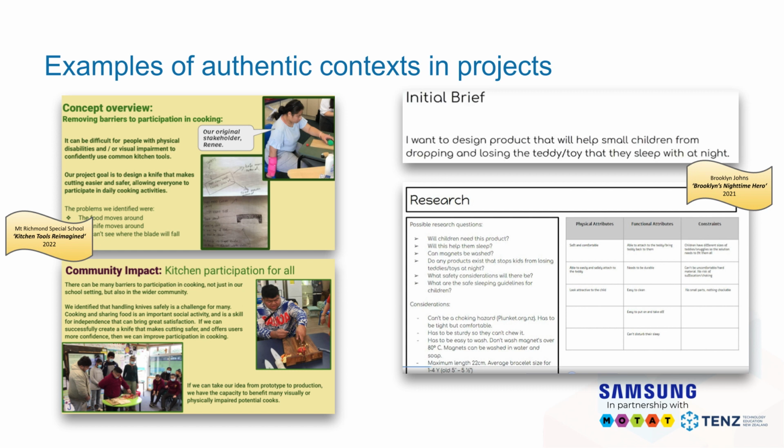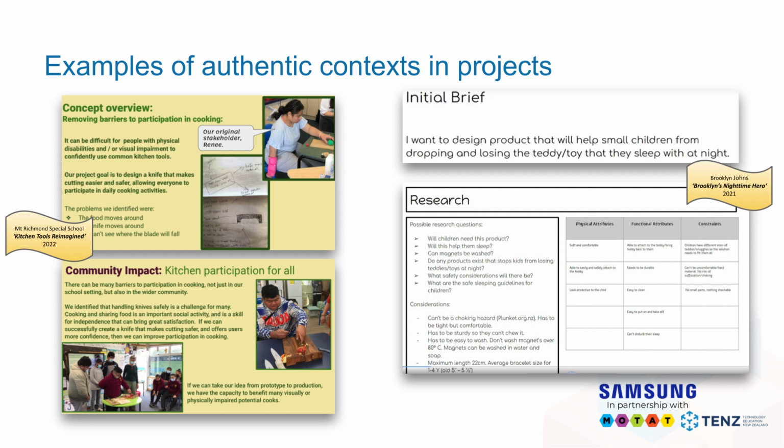The second project that we'd like to use as an example of this is one called Brooklyn's Nighttime Hero by Brooklyn Johns, in 2021. He had a very simple problem that he had identified within his family, and that was his younger sibling who kept losing his comfort toy, his teddy, at night, and he wanted to solve that problem for that sibling. And so he kept it very authentic and very tight and very defined with his